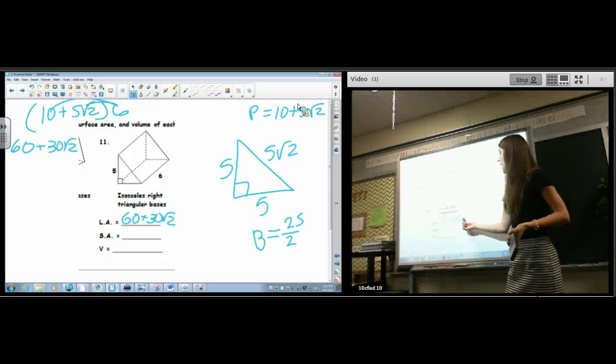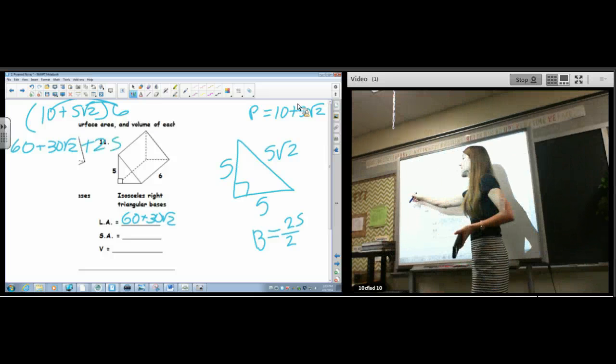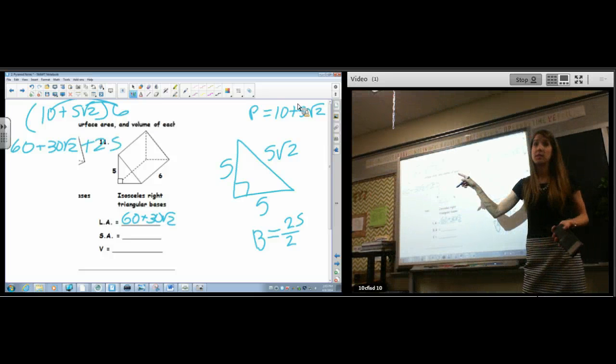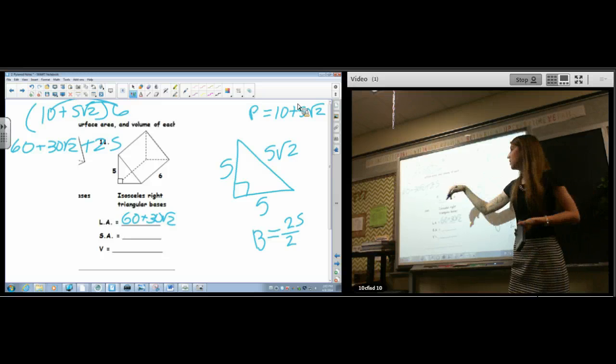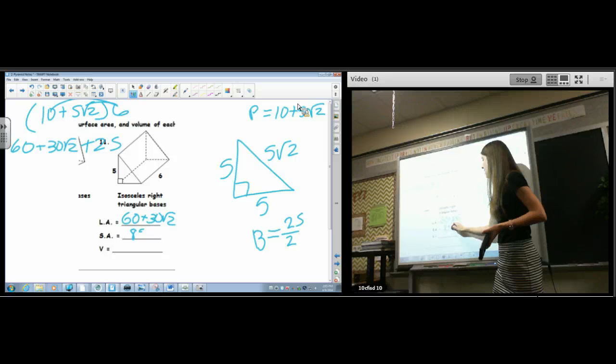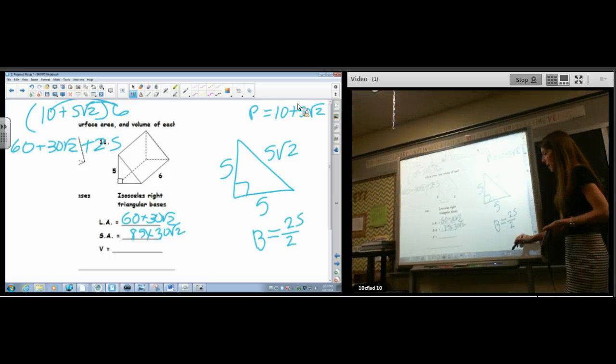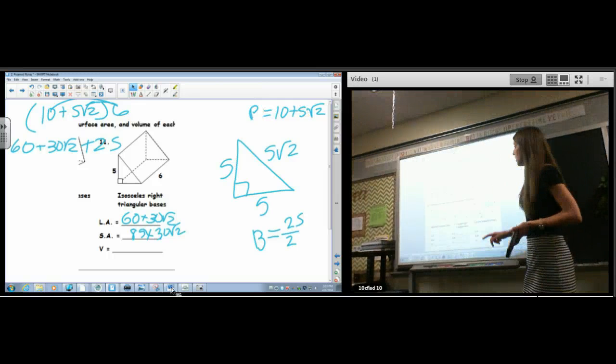Now, wait a minute. Now I'm adding. So I'm taking this and I'm adding 25. Now I care about like terms. I can only add integers to integers. So 60 plus 25, and that's where we get the 85. Oops, I was about to put root. Plus 30 root 2. Okay, last one was